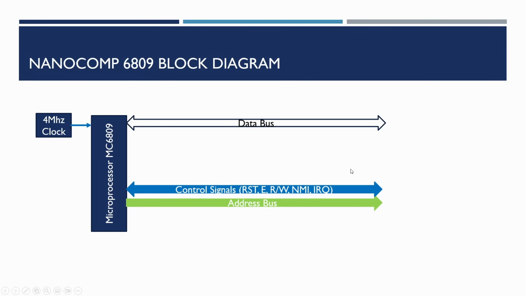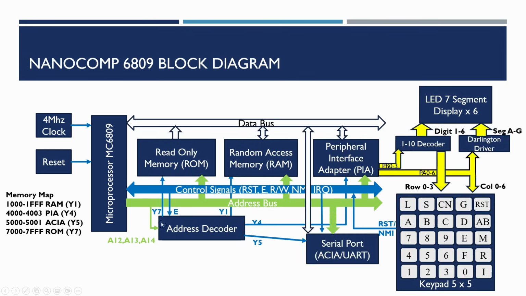So what we're going to do now is to add the serial port. So this could be wired into the data bus. There's only one address line used by the serial port, and we're going to add the serial port to our address decoder at the 5000 range on the Y5, the output Y5. This means when we want to address the serial port, we can use any of the 5000 addresses. In reality, 5000 and 5001 are the only ones we actually need to worry about.